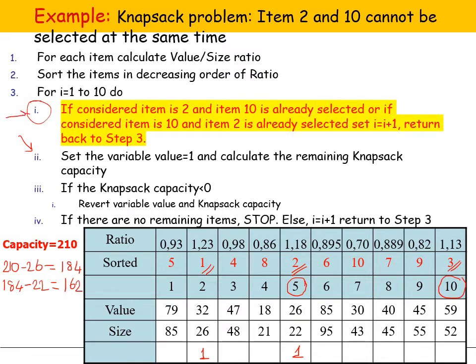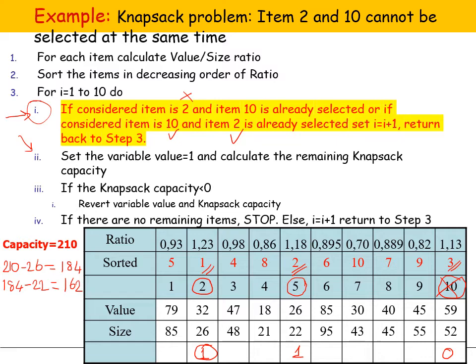Now we need to check this one. If considered item is 2, no, considered item is not 2. Or if considered item is 10, yes, considered item is 10. And if item 2 is already selected, and when we look, the first item that we selected was item 2. So it means that item 2 is already selected because its variable value is 1. Is already selected. So what do? We cannot place this item 10 into our knapsack, so its variable value will be 0, and we move to